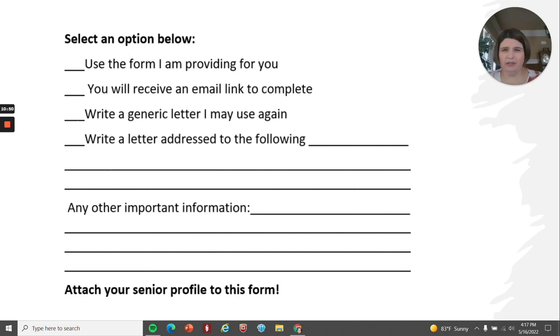This is really helpful, I think, because so often kids have emailed me about letters and it's hard to keep up with. But if I have this sheet on top, I know exactly who it goes to, when it's due, and I can organize them in a folder. Now, if you're someone that prefers it electronically, a Google form is great. You can even have a QR code, and then they can just attach their senior profile or their senior resume or whatever level you're teaching. So I think it's really helpful to have some sort of form that students can fill out. Those are some ideas about when you're writing student recommendations.